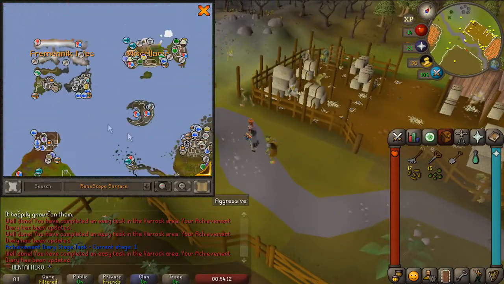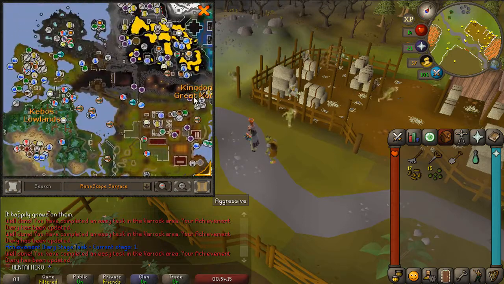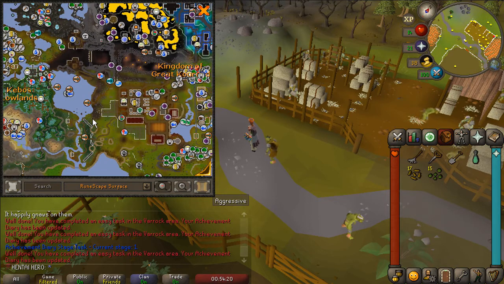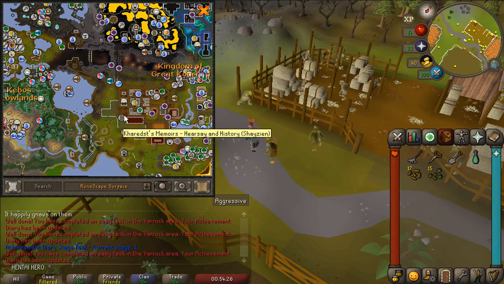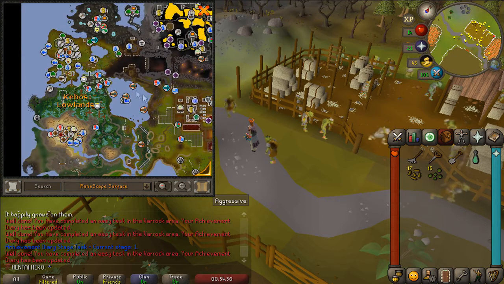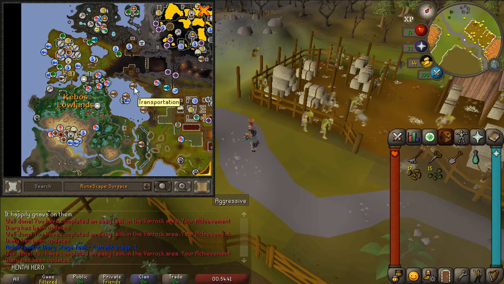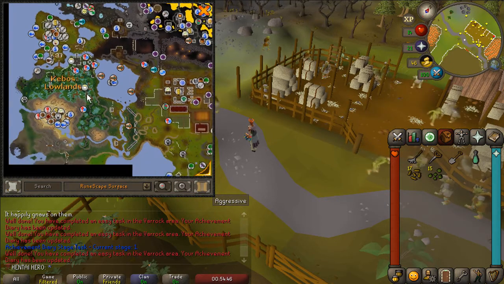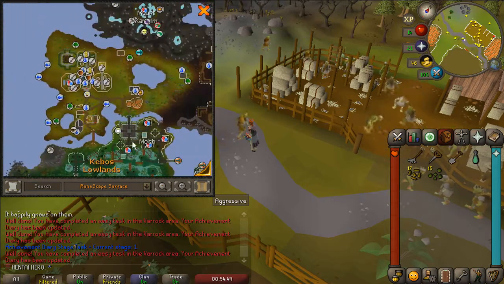But let's just take a quick look, because if we go over to Saya here, we have the Kebos Lowlands over here and the farming guild right here. So, as it stands, probably the closest place I'm gonna be able to get is the Khared's Memoirs, and then I'll have to walk all the way over to the boat, and then take the boat over, and then walk the rest of the way. I think I can only take it from here to here, which from then I'll have to walk through these shamans and everything. So I don't think it's gonna actually be viable for me to do it, which really sucks,